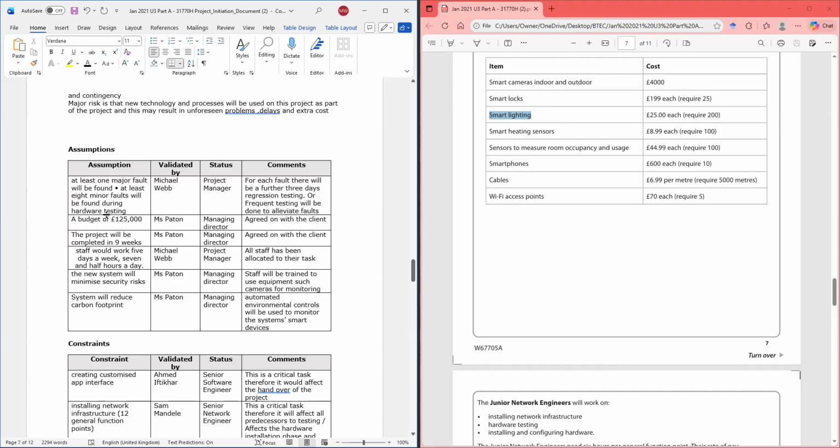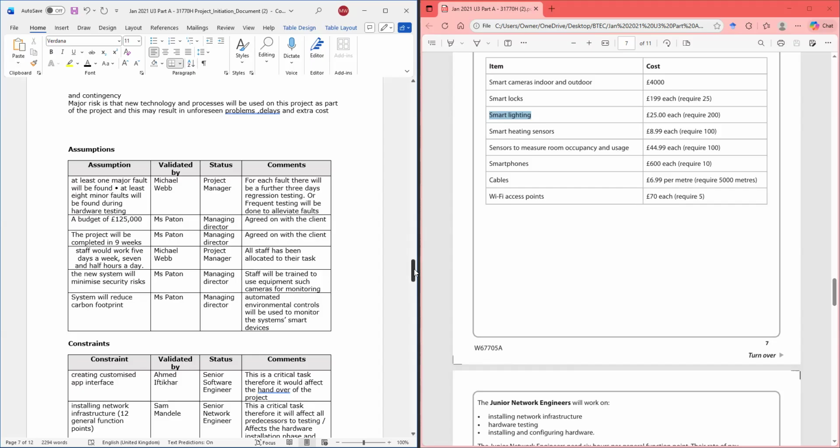But what did you do to ensure it, or if it's a fault, alleviate the fault? That's for the assumption. Notice when I put budget, it's agreed on, confirmed. Staff will be trained. It's all confirmed with the assumptions.